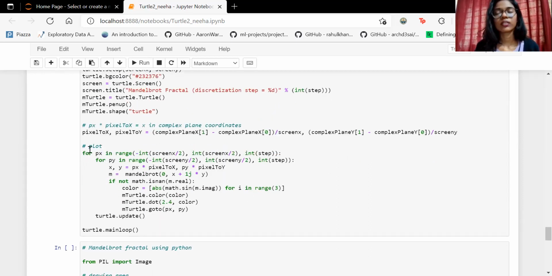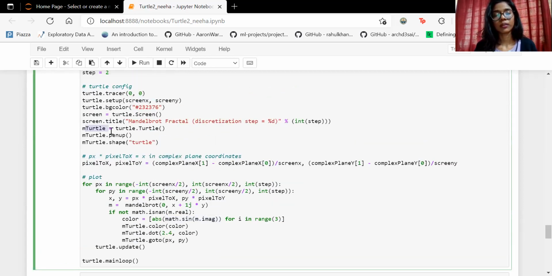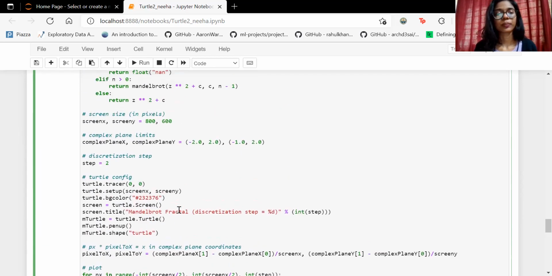We're also plotting by using this code and initiating another Turtle module to call a different absolute value that was generated here, and we are initiating a new m turtle as the new turtle object, and we are passing the px and py to generate the plot.